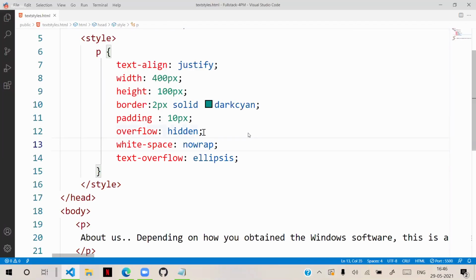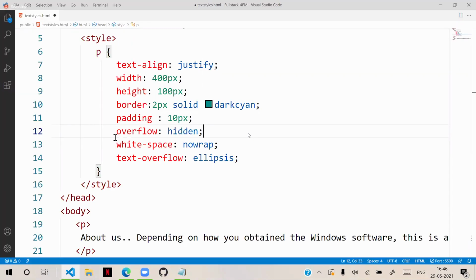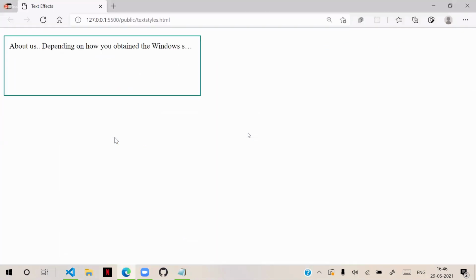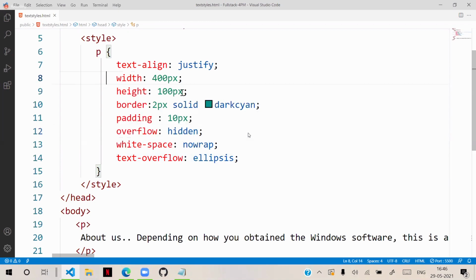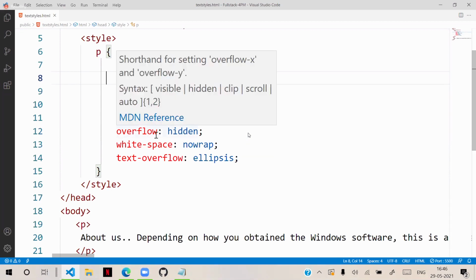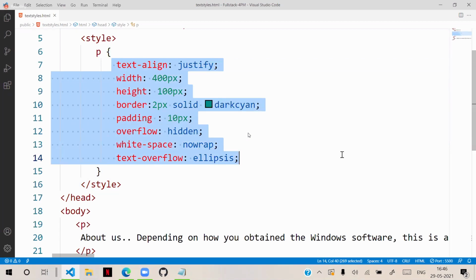And overflow also should be there. If overflow hidden is not given, it will not come. Overflow must be hidden, and the text overflow will give you the symbol ... at the end. We can define that. That's what generally we define for the contents. This is very much important for showing such topics and saying "click here for more details." Right? Regularly seen in the websites, we can do that.